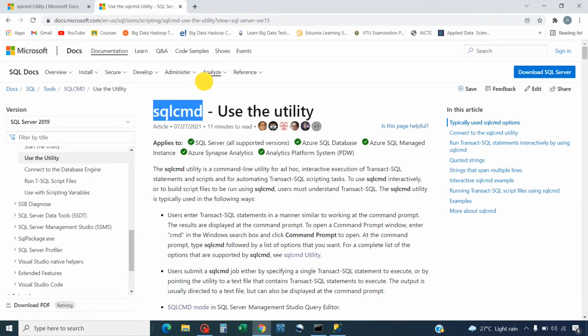See here, this is Microsoft page. Here we have all the information about SQLCMD utility. What is SQLCMD utility? The SQLCMD utility is a command line utility.